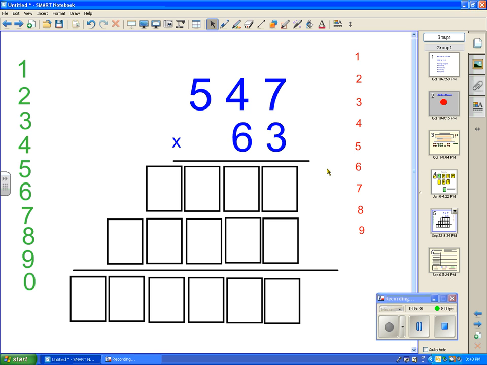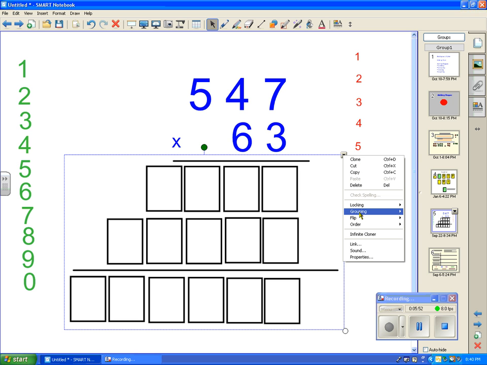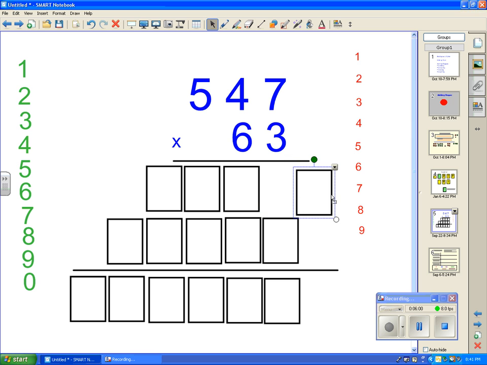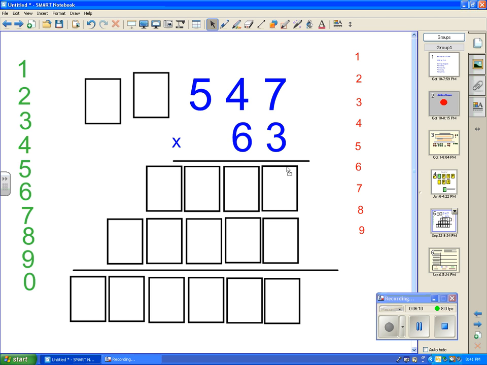This one is an example of draggable multiplication. So I've created a multiplication problem, again, by just using my text tool, and I've locked this all down. I put a line here and lock that down. Now each one of these boxes, if I unlock this and ungroup this, you can see that each one of these was a box. Okay, I've created one box here, and then I copied the box, right click, and I can paste a number of these, and then I just went ahead and lined them up where I wanted them, so I could create this